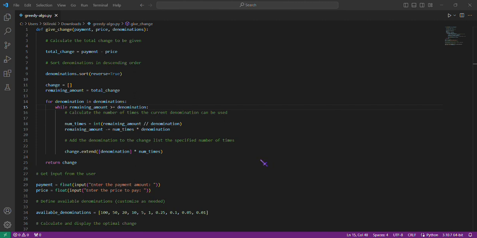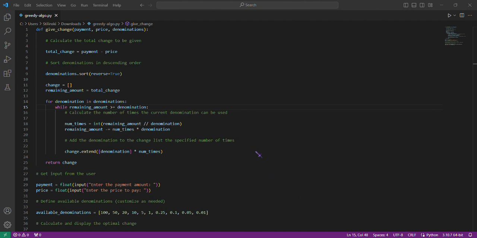The code has a function called giveChange that takes three parameters: the payment, the price, and the denominations. The function then calculates the total change. In other words, the ultimate goal of this code is to provide a list of denominations that represents the most efficient way to give change using the available denominations.